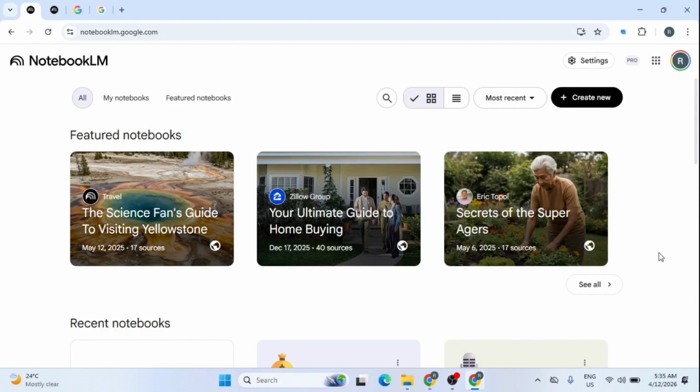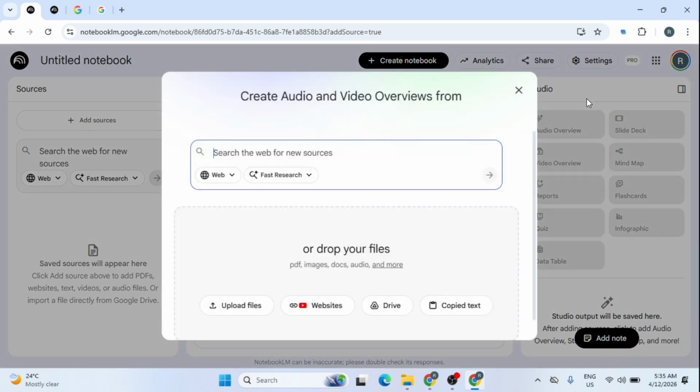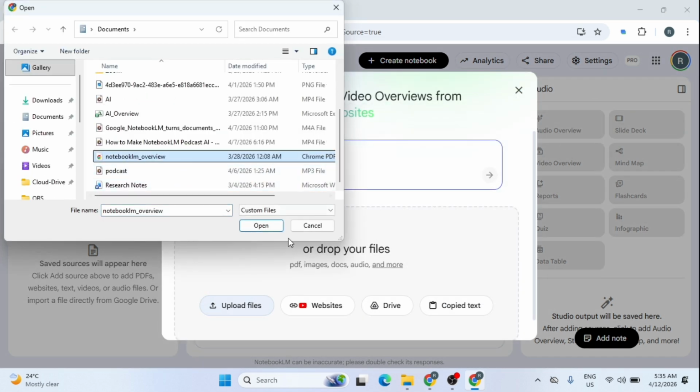In this video, I'll show you some of the best prompts and customization techniques to get the most out of NotebookLM. To begin, I'll head to the home page and click Create New to build a fresh workspace for my project. Once the notebook is ready, I'll select Upload Files and choose my source document, which is a PDF guide